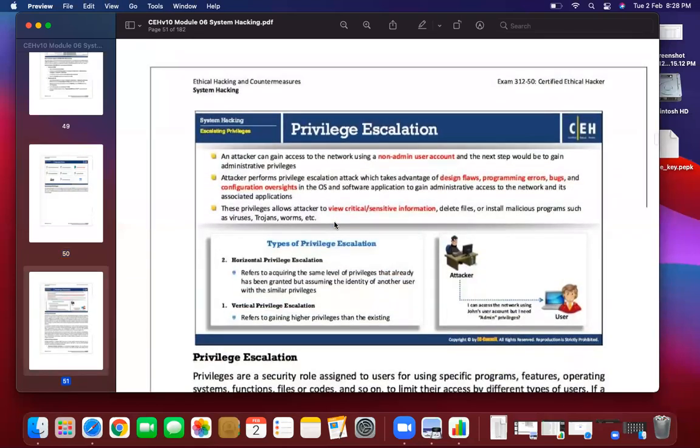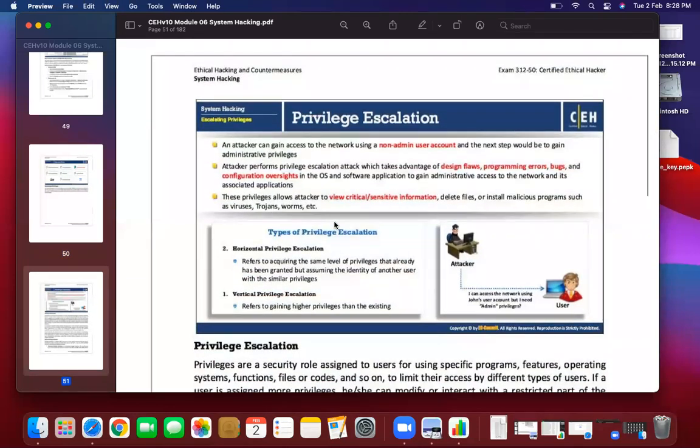Now, as I told you, escalating privileges is not that big a topic, so I will just summarize the whole thing. Privilege escalation is very important because not every time you hack a password and gain access will it be an admin user. Sometimes you may be a non-admin user if you hack the account. If you are a non-admin user, whenever you try to install any application or do anything, you need to provide a password or identification of an authorized user.